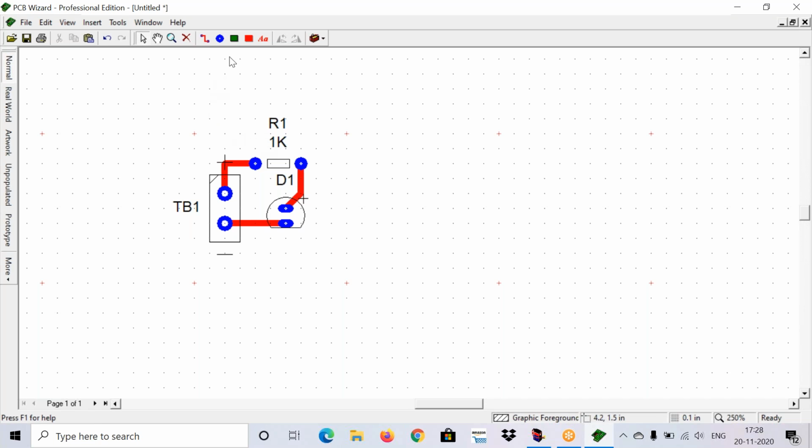Routing is nothing but giving the track to the pads of each and every component. My circuit is completed, right? My routing process is completed. But I have told you that there should not be any 90-degree angle, so I am removing it and I will